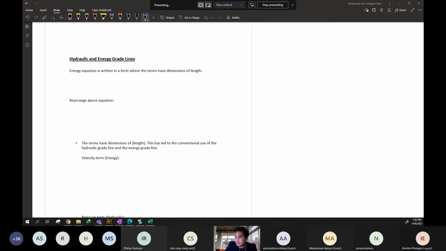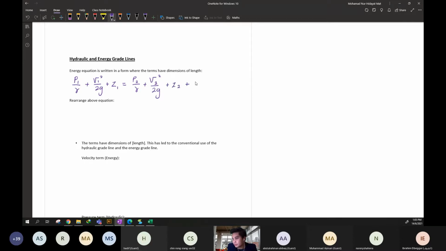You can see basically when we involve 2 points: P1 over gamma plus V1 squared over 2g plus Z1 equals P2 over gamma plus V2 squared over 2g plus elevation at point 2, plus maybe we have the mechanical device like work of the shaft